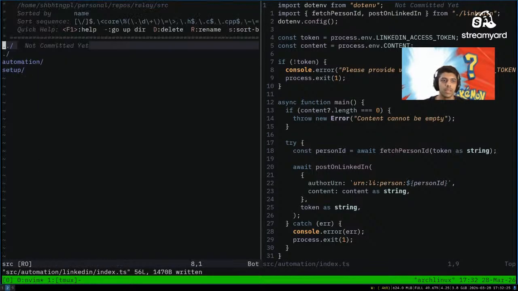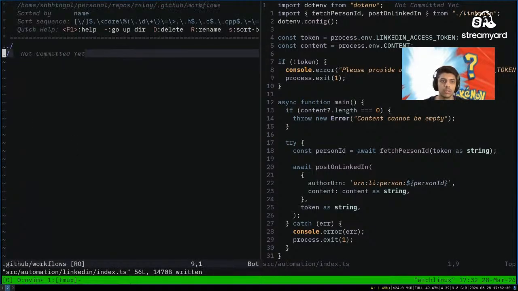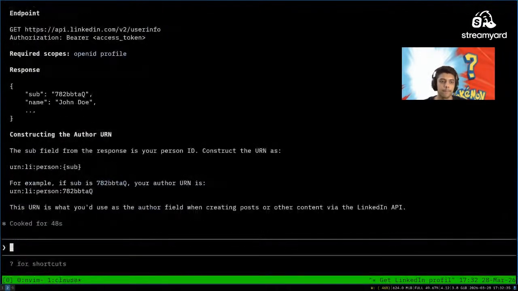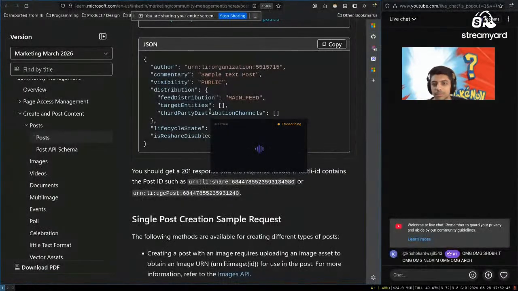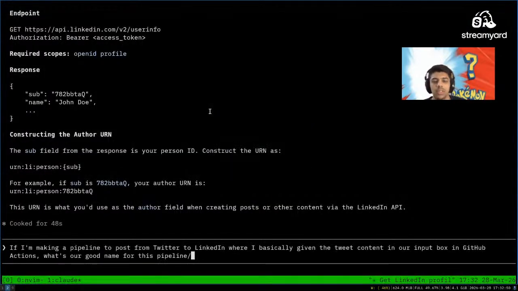Right, and for the pipeline I need my .github workflows. If I'm making a pipeline to post from Twitter to LinkedIn, where I'm basically given the tweet content in an input box in GitHub Actions, what's a good name for this pipeline? I know it's not the best, but okay. If I make a pipeline to post on Twitter, I'm basically given the tweet content and